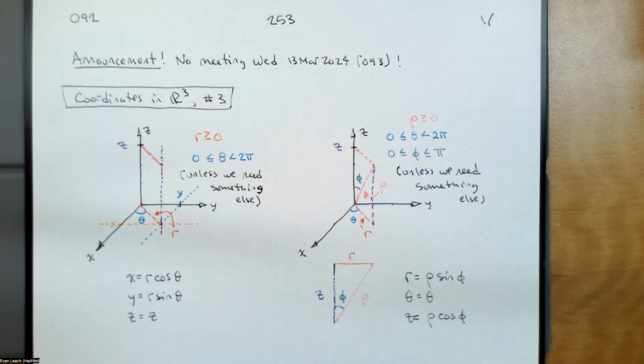So one of the useful things that we have now that we're saying what's x between, what's y between, what's z between, what's r between, what's theta between, what's rho between, is that we have more powerful graphing machines now. So if we switch over to, let's say, Desmos,